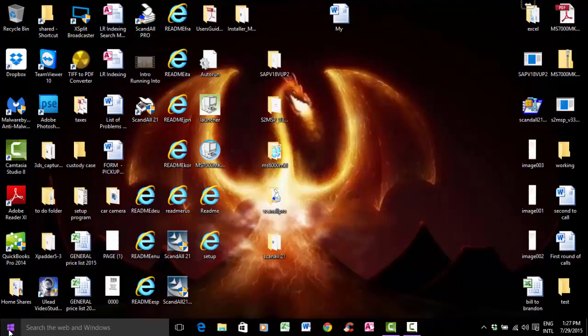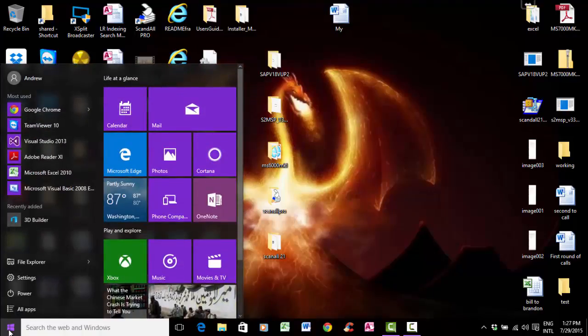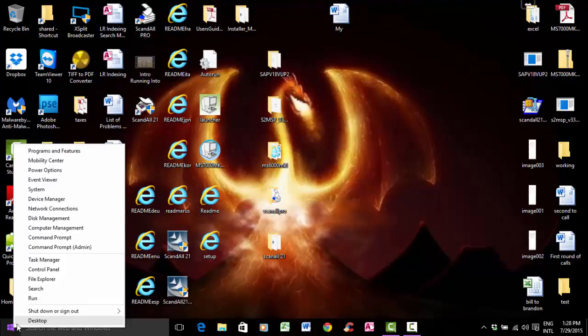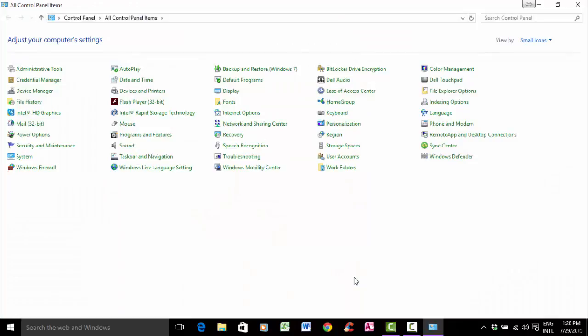One thing I did not find, well, here, I'll go through here. If you go to Control Panel, usually there is an Update Windows button, and I don't see that anywhere. I notice